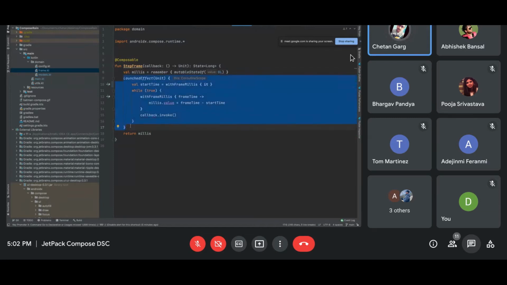When you are somewhat proficient with compose, just go and learn about side effects, how side effects are catered for in the compose environment. Launch effect and produce effect are the two side effects which give you the capability to spawn coroutines. My favorite one is produce effect, obviously, but launch effect is what is required in this case. You have to pass a key into it, and whenever the key changes, this whole coroutine gets cancelled and a new one is spawned again when the recomposition has been done.